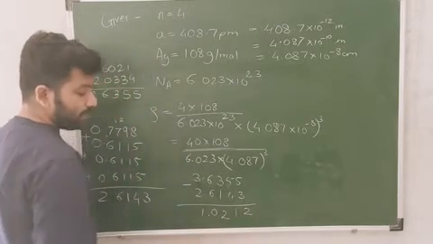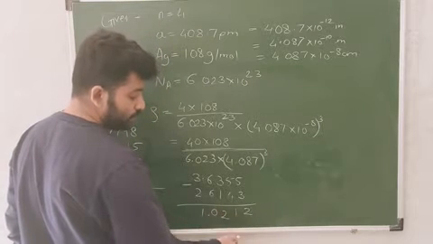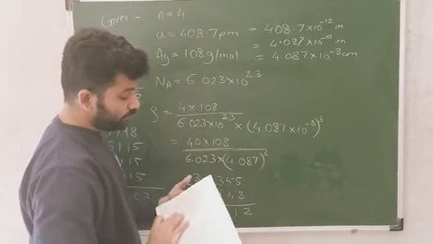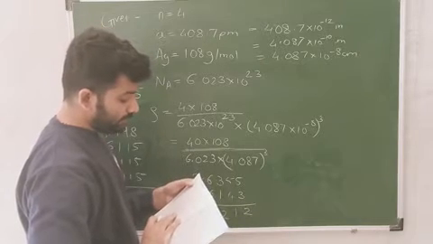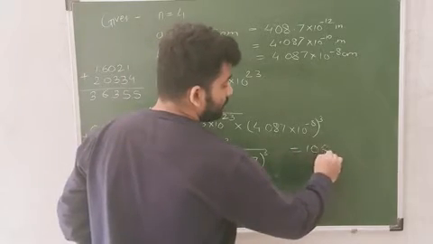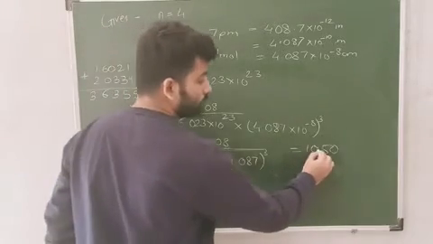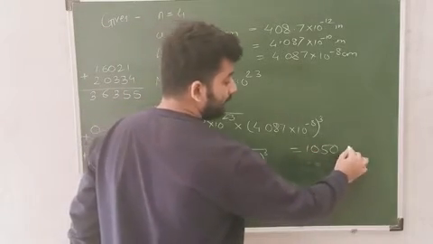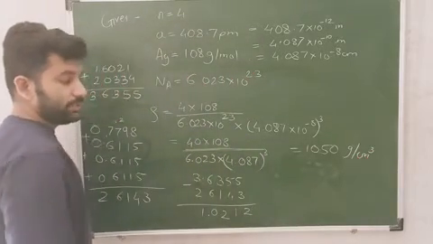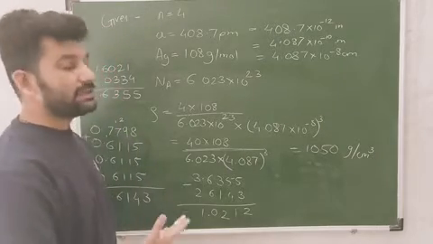21201. Okay. So the log value of this whole term is 1.0212. Now we will see the antilog of 02 in 1 and 2. So it is 1050. And we are having here 1, so 1 plus 1 is 2. So the answer is 10.5 gram per centimeter cube. This is the unit of density. So in this way we can solve the examples.